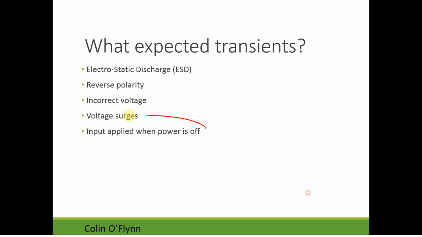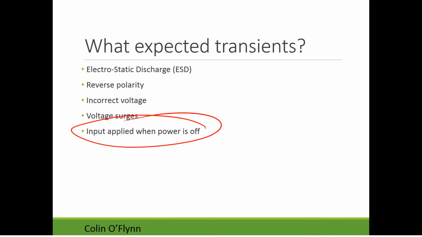Finally, we might have issues like: is the input to the system applied even when the power to it is off? If you look at a multimeter in the lab, you wouldn't expect that if the meter's off and you probe a circuit by accident without turning it on, your meter would blow up. It should be designed such that even if the meter is off, you can still probe something, because maybe you left it connected to your circuit and you're just turning everything off.